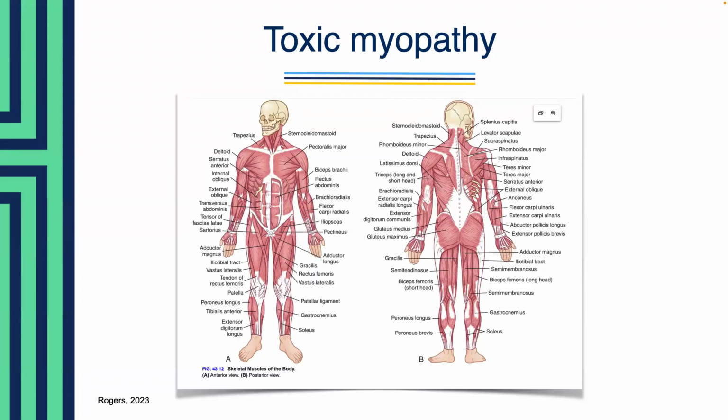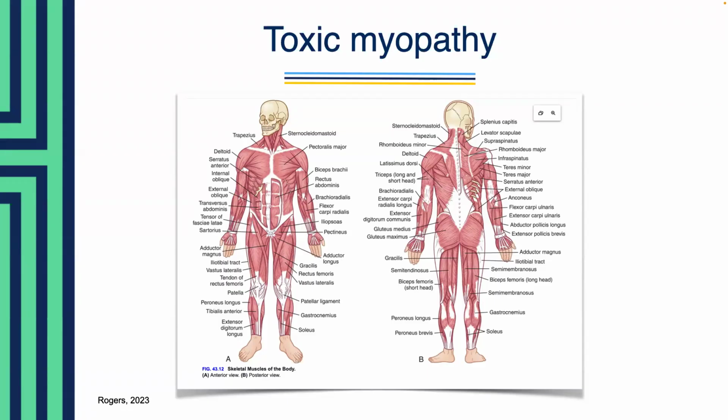Now, myopathy is a process impacting the muscles and causing the loss of functional muscle cells. And this impacts muscle strength, tone, and even bulk. There are certain agents that we know can cause or lead to toxic myopathy. So medications like corticosteroids, phenytoin, just to name a few, and then alcohol is another. We have contributing agents like our lipid lowering agents, opioids, and even heroin can lead to toxic myopathy.